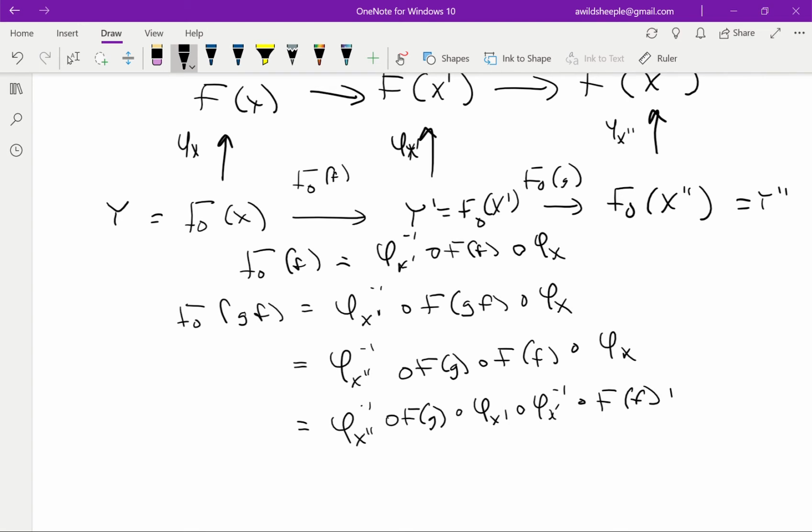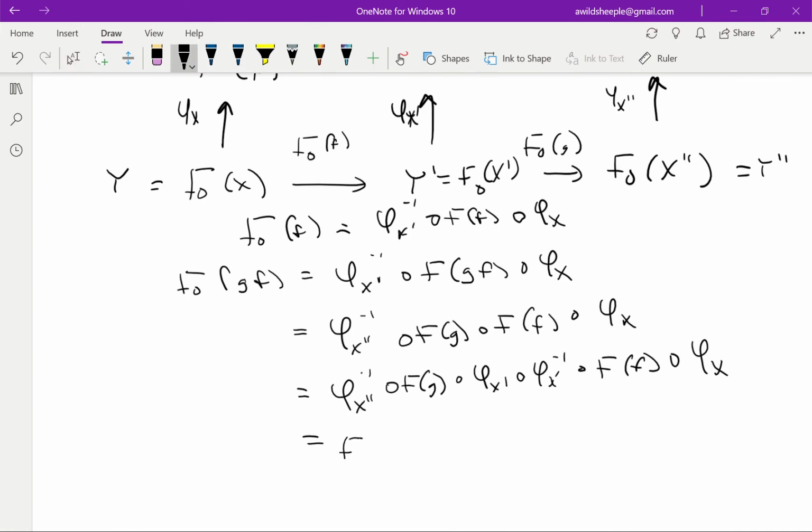If you've done any group theory, you've probably seen arguments that look like this a million times. This corresponds to just going up and down that one arrow there. And this is, of course, f0 of g composed with f0 of f. So we've done it. Okay, so now what we have to do is see that this assignment is a natural